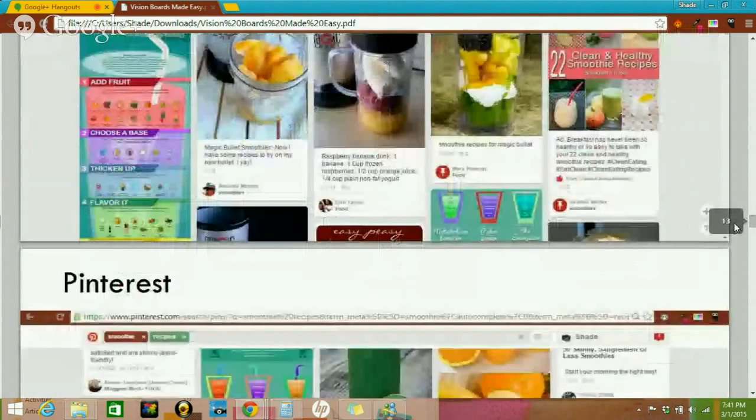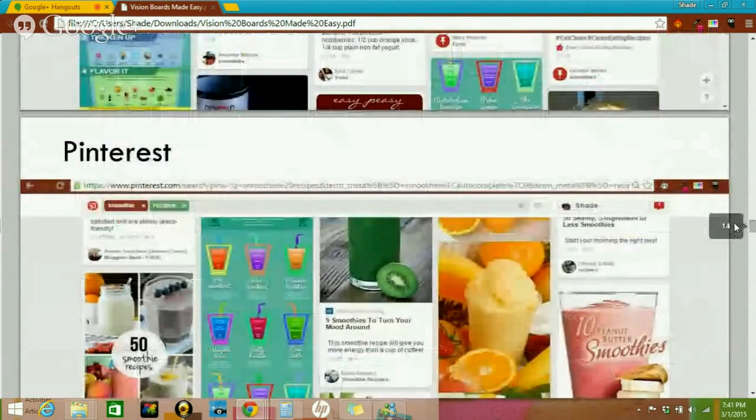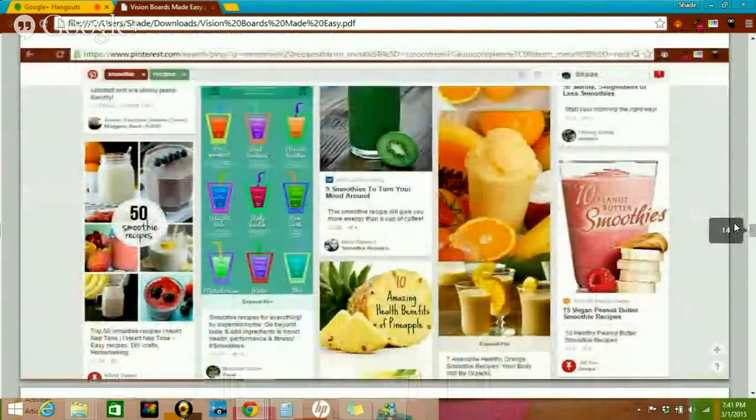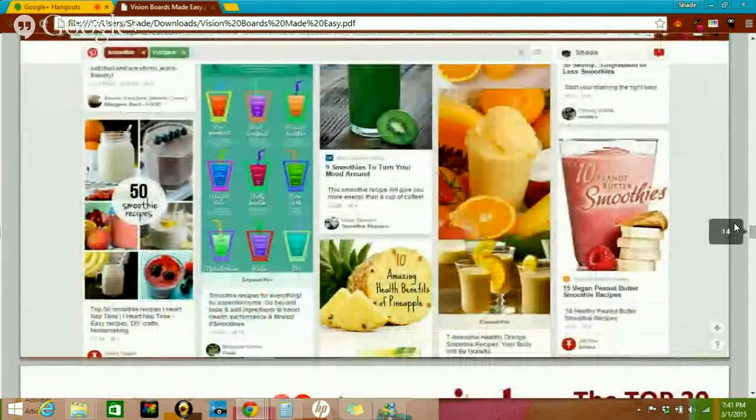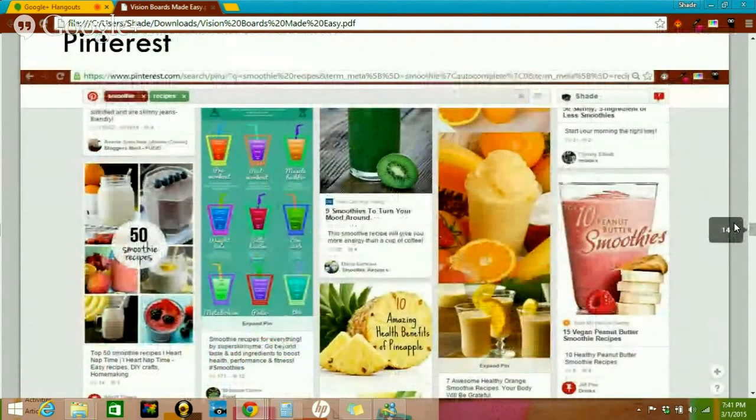Pinterest if you're just looking for smoothies, or you have your health and fitness board and you want some smoothie recipes, I want some salad recipes, or I want some healthy chicken dinners. You can get all of that from Pinterest, and it gives you ideas of things you may not have even thought of, and it's in a digital format, and you can always go to it, and you can put everything into one board. And this can be a public board where your friends and family can view it, or this can be a private board where it's just you who sees what happens on this board.